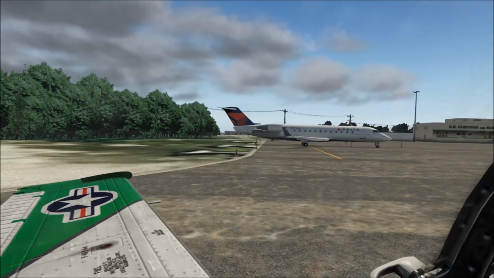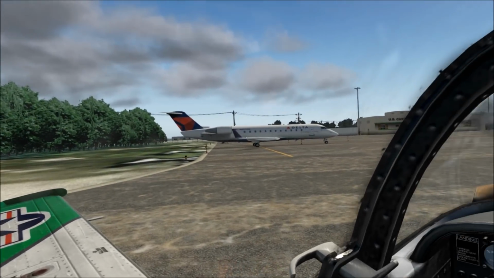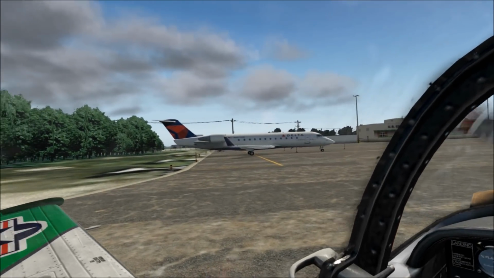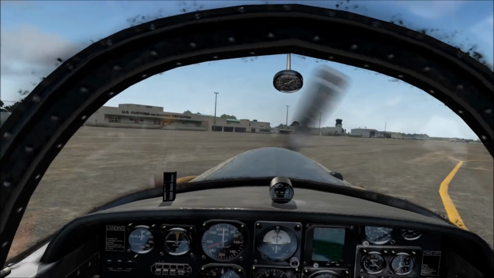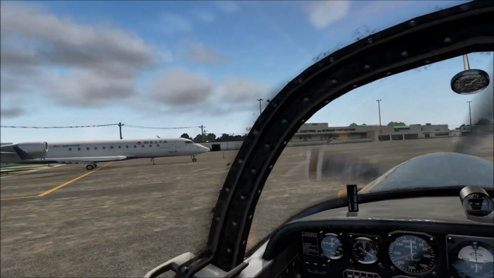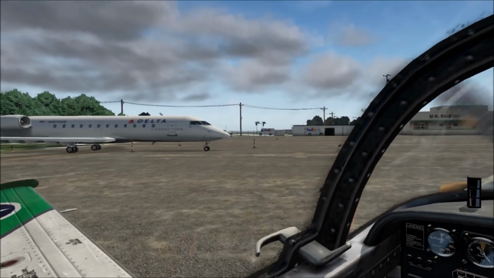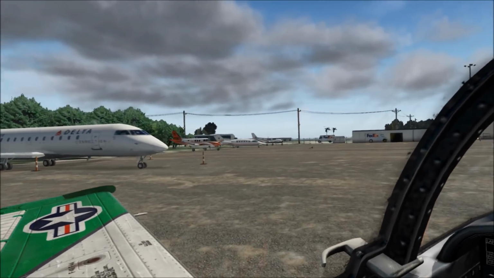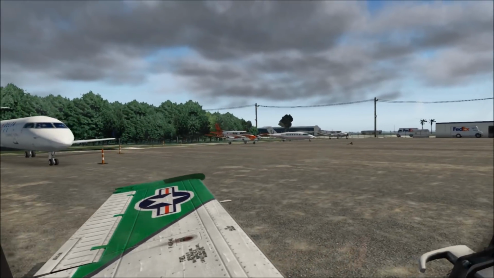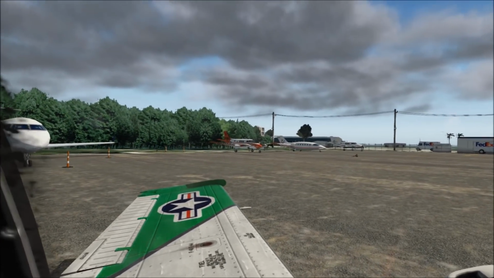But normally, this is what you'll see, are your CRJs and your ERJs and so on and so forth. Because, of course, this airport is just big enough for them. But yes, you can, believe it or not, get a 737 down here. FedEx also has a major presence, as well as the Coast Guard. You'll notice there's a little Coast Guard, what is that, a